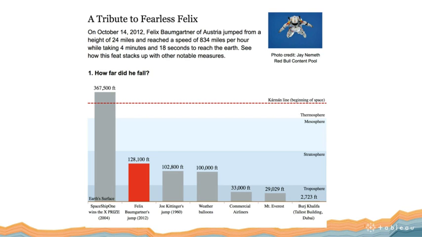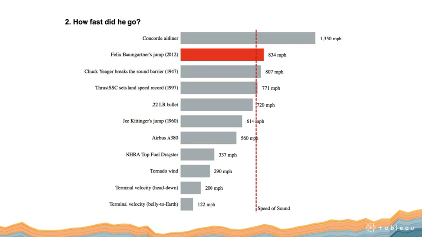Put it in context. How high was it relative to the record he broke, Joe Kittinger, who beautifully happened to be his coach for this event? Now, that's a side story. I love that story. How fast did he go when he was falling? Here he is, falling toward the earth, plummeting. How fast did he go? Would you believe it? He broke the speed of sound with nothing but a suit on. First human being ever to do that. He went faster than a 22-gauge bullet and then an Airbus or then even a tornado wind, right? So that's how fast he went, pretty fast.